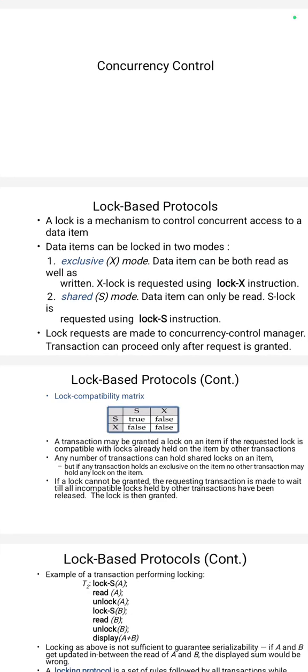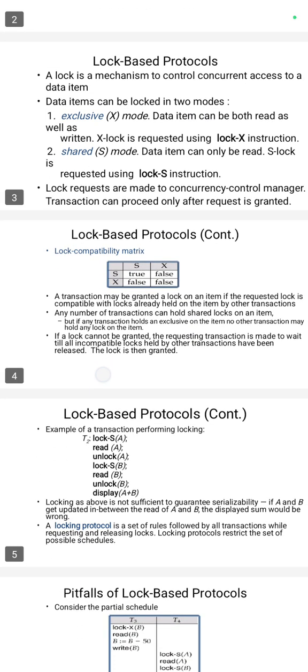Lock requests are made to the concurrency control manager. A transaction can proceed only after the request is granted. So this is a table, the lock compatibility matrix. S is shared lock, X is exclusive lock. A shared lock can be locked with shared only. When there is already a shared lock, it cannot be locked in exclusive mode. Vice versa, when a lock is in exclusive mode, it cannot be locked in shared mode,